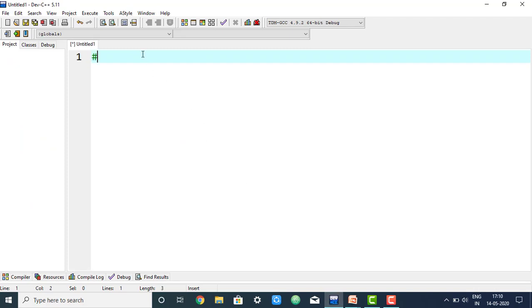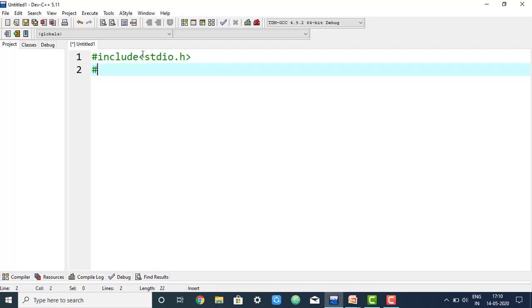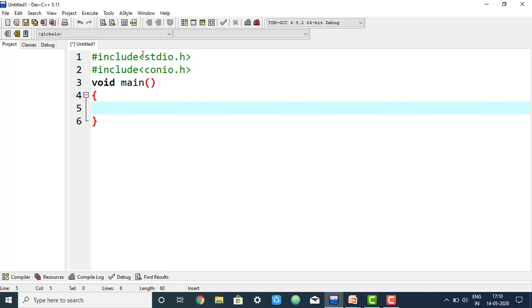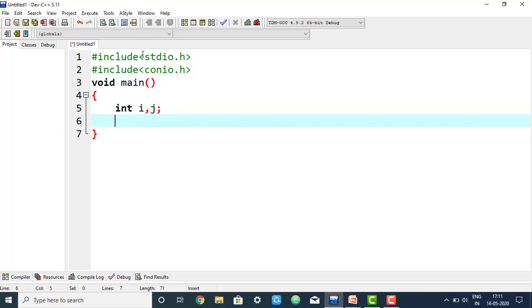So first of all, header files: stdio.h, conio.h, main function. So what are the two variables? Int I comma j.